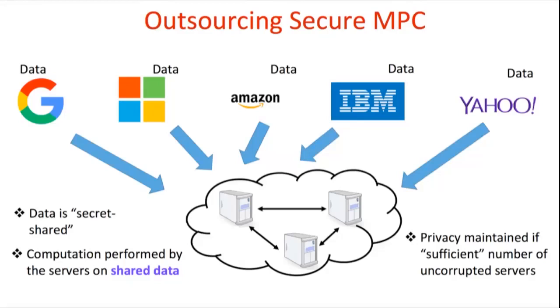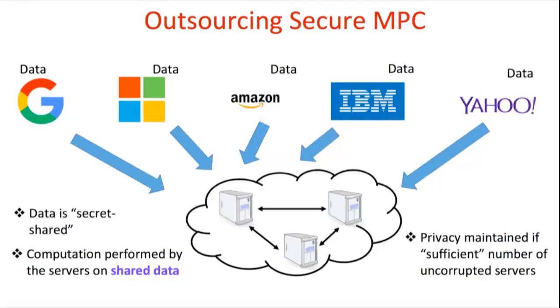So once the data has been secret shared among these three cloud service providers, whatever sequence of additions and multiplications needs to be performed on the clear data will now be performed on the shares of the data. And when we perform this sequence on the shares, at no point of time will the backend, namely the current server among these three service providers, learn anything about the content of that share, what exactly that share corresponds to.